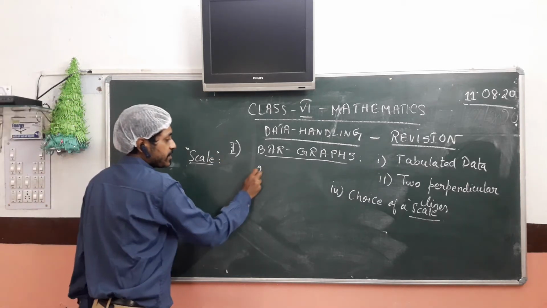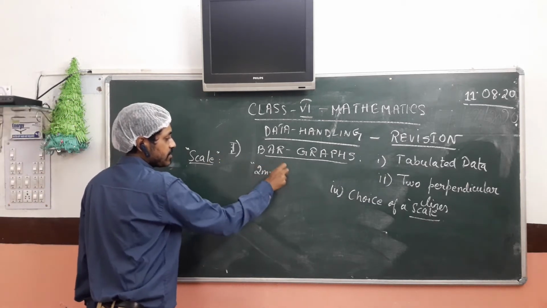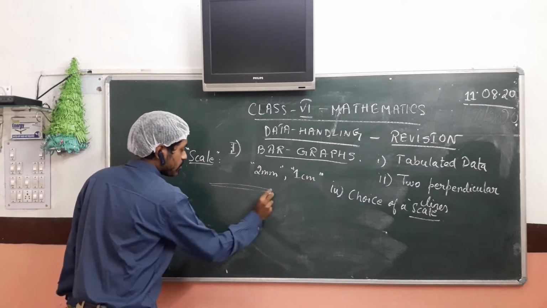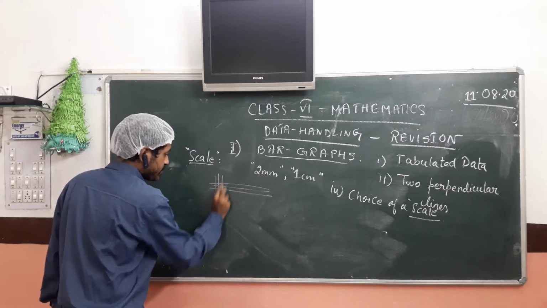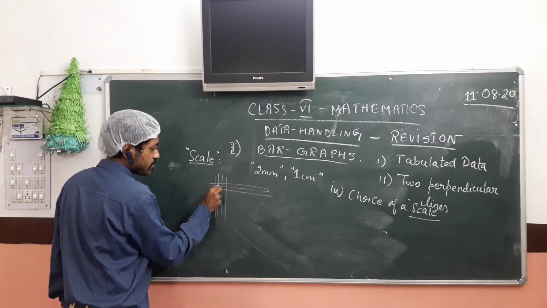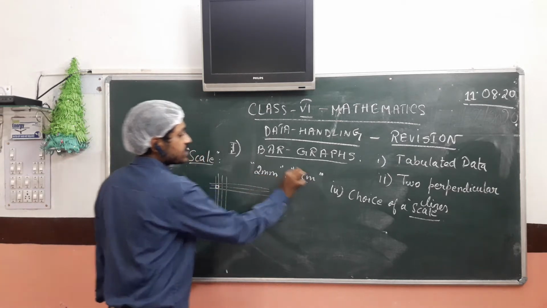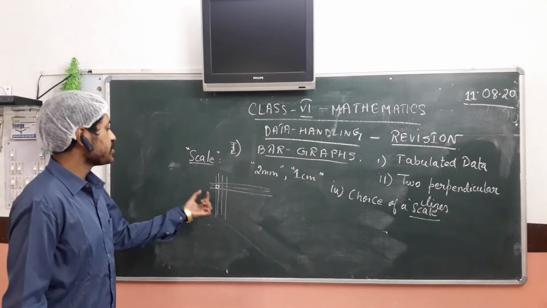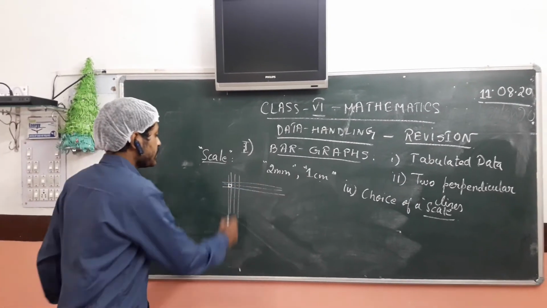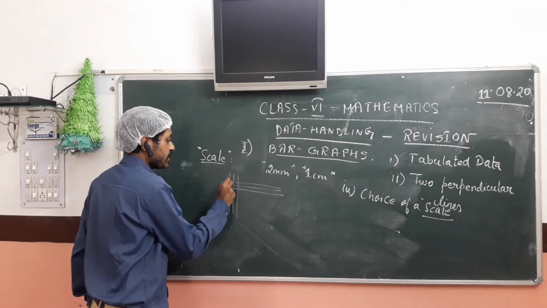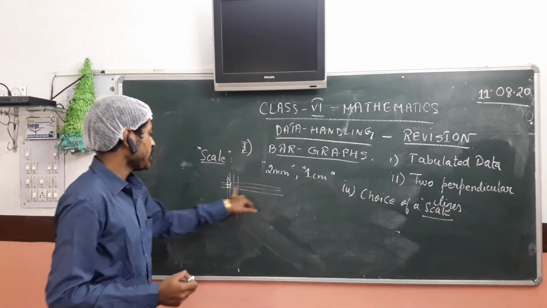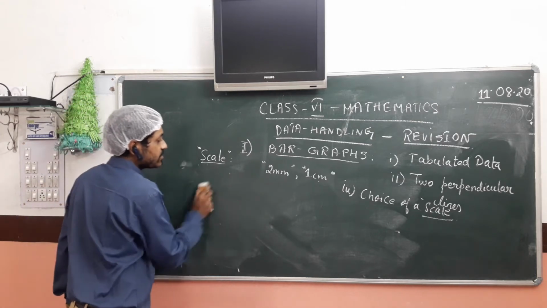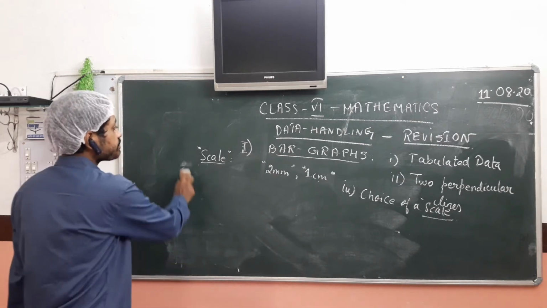In your graph papers where you have 2 millimeter or 1 centimeter divisions, you will see there are fine divisions on your graph paper. Each small box stands for 2 millimeter or 1 centimeter of length. So for each division, if it is 2 millimeter, then 5 divisions of 2 millimeter will give rise to 1 centimeter, and if each box is 1 centimeter, 5 boxes will give 5 centimeter. So that is how, depending on the graph paper, we shall decide the scale.